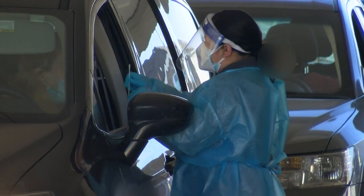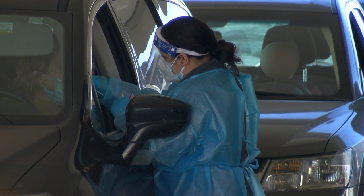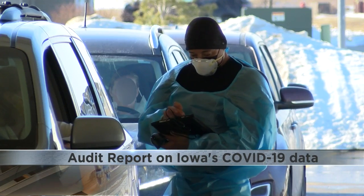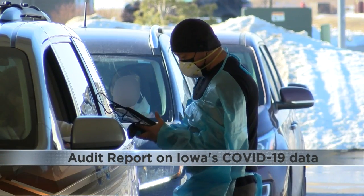He says he and his team reviewed data from March 1st of 2020 through May 17th of last year, looking at Iowa code regulations and then also CARES Act reporting requirements. This is a good news audit for the state of Iowa and for the Iowa Public Health Department. State Auditor Rob Sand did not find any significant concerns related to the integrity of the COVID-19 data, but he